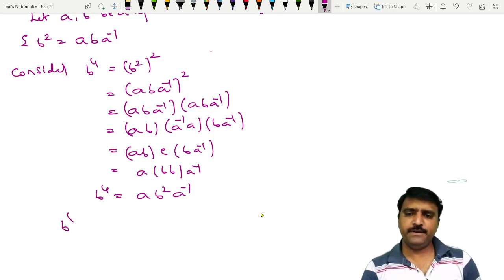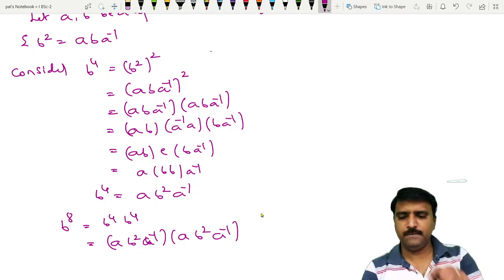Next to take B to the power of 8. So B to the power of 8 can be written as B to the power of 4 into B to the power of 4, which is equal to, what is B to the power of 4? It is AB square into A inverse into AB square into A inverse. So now it is